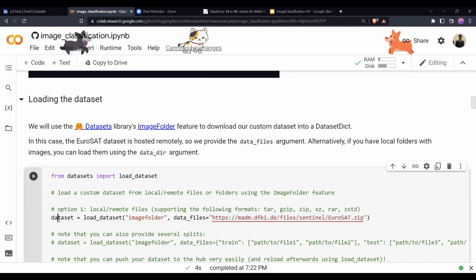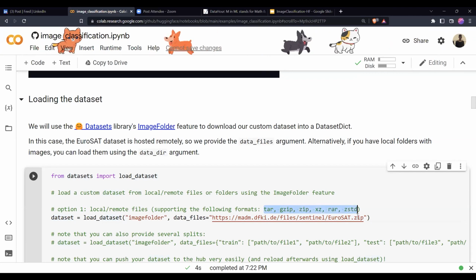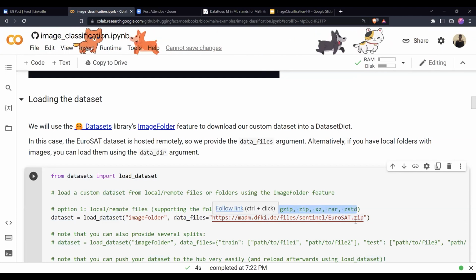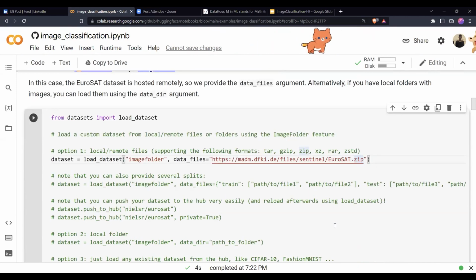It creates a dataset object. And it does not only work with zip; you can use any extension and give that file structure here. Now, this is for Eurosat. These are satellite images from Europe. If you want to do dog or cat, you just have to create a folder structure exactly like this, and then you will be able to build your own model. That's as easy as it is.